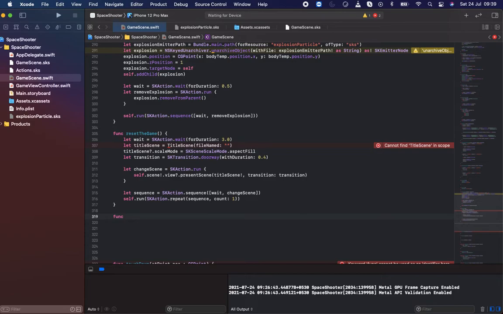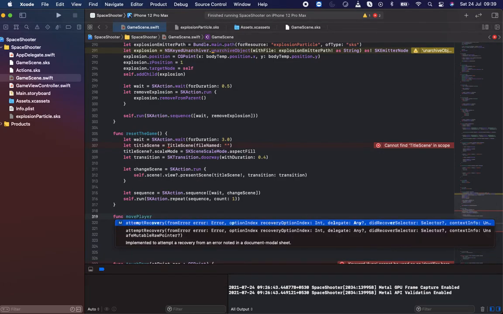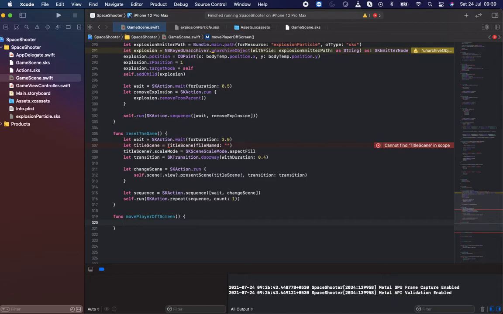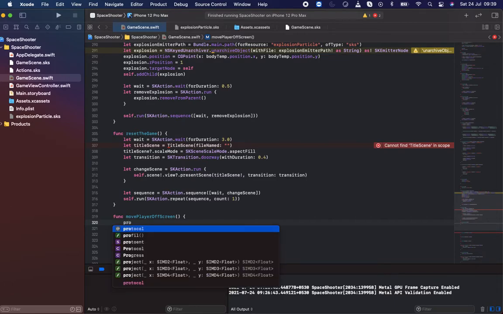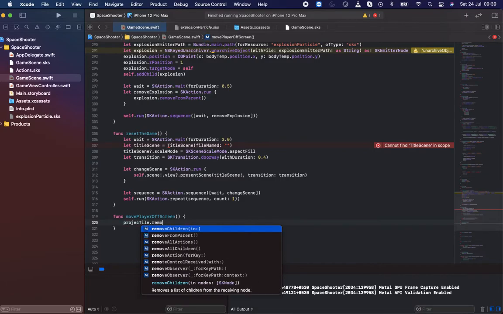Also an explosion, I need to pass it to the player. So I'm writing here move player off screen, which means when the enemy comes in contact with our body, I need to remove our body from the screen. That's what I'm doing here. So let's say projectile dot remove from parent,